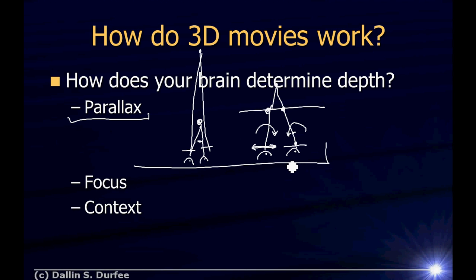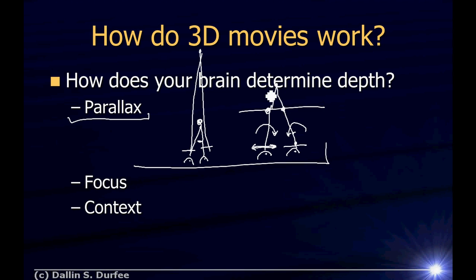It's sort of separate from the things we've studied in this class, but the fact that they use polarizers is kind of cool. I actually have a pair of 3D glasses they use at the theater. We use them to align our optics down in my lab because we need a couple laser beams that are left-hand circularly polarized and one that's right-hand circularly polarized, and I've got a left and right-hand circular polarizer in these glasses. Pretty cool. But it turns out there's other things that your brain uses to try and figure out depth.